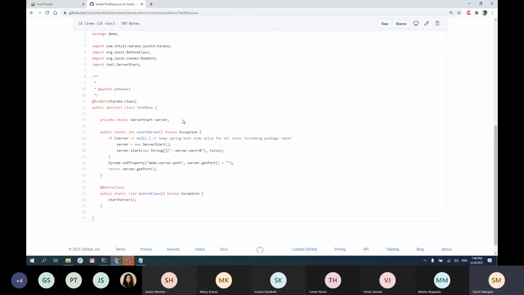So in the test base, the first thing that will happen is it will start the server, and then it will move on to execute any test that you are running. If it's extending this class, then this server will run first, and then the tests will run, right?